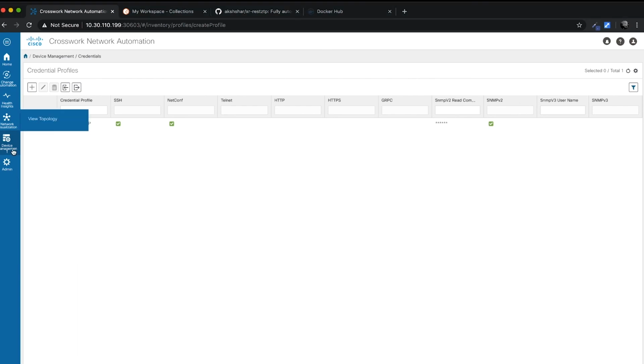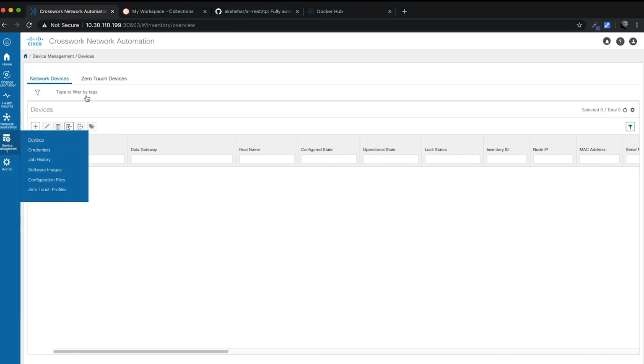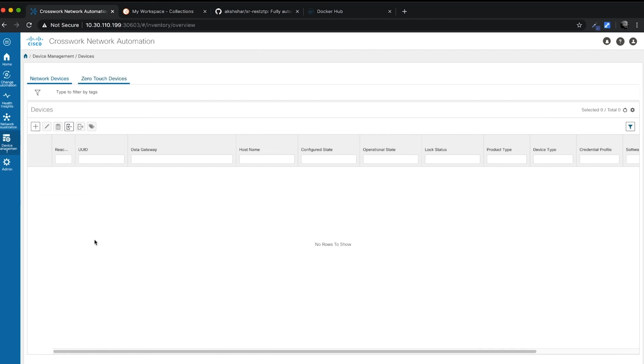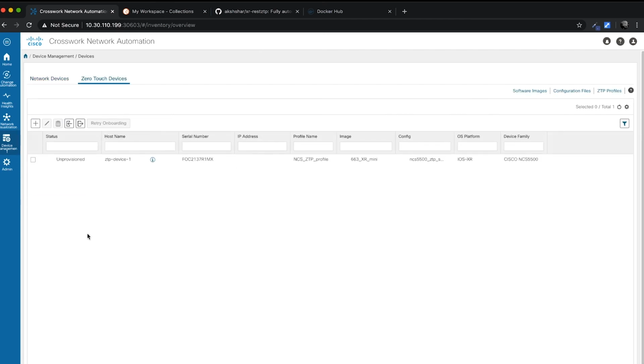As the config gets downloaded, the device will now go into an in progress state. Let's do a quick refresh. There, because it's gone to the in progress state, it means that a download request came to Cisco Crosswork and the device has continued to now execute the script. Now let's jump onto a hook server to make sure that we are able to watch the post request from the ZTP script come in.